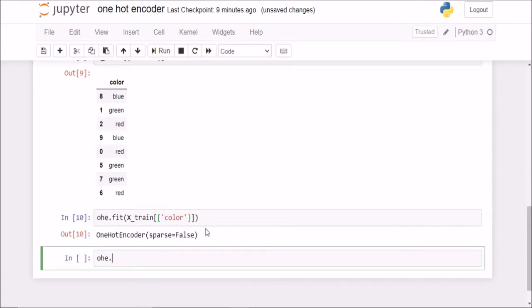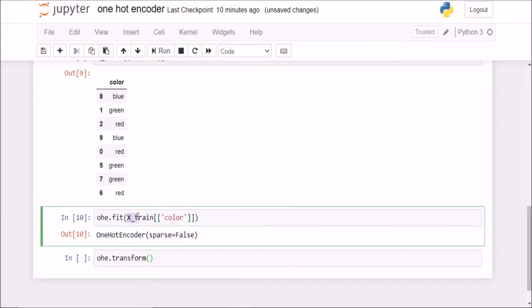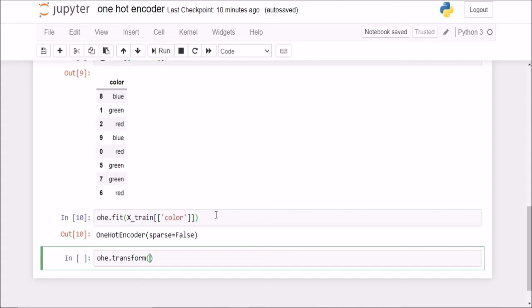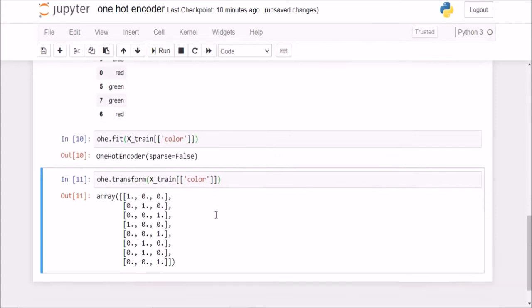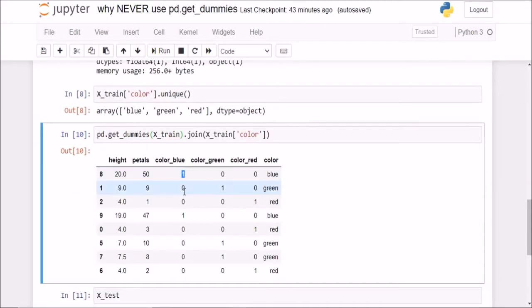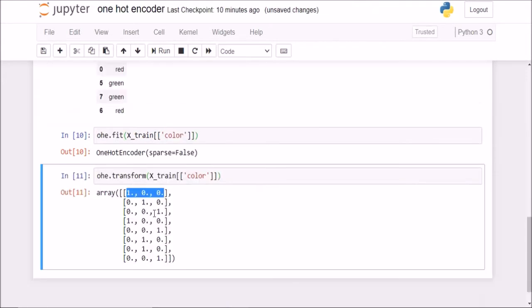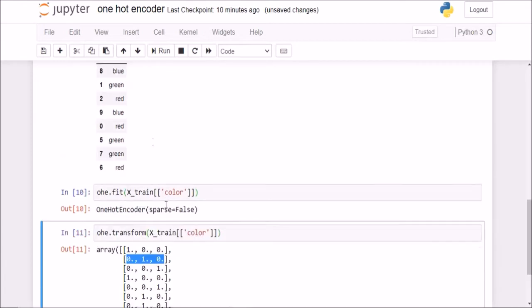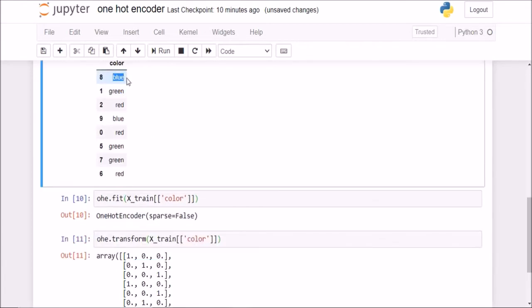Now if I do .transform and pass in this same color column here, you see what has happened. It is giving us the same result, like 100. So this was for blue, 100, as we saw here as well. Then for green it was 010. The second one is green here, the first one is blue.